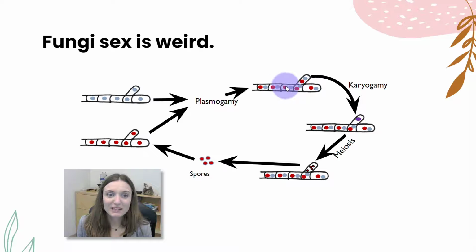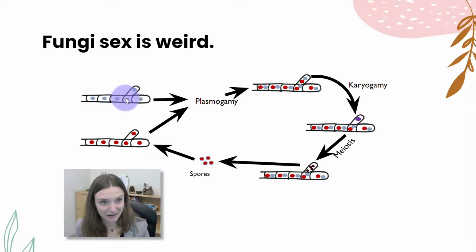So that creates what we call a dikaryotic stage. So karyo meaning nucleus, di meaning two. So after plasmogamy, we get cells, hyphae, that have two nuclei from different organisms. Okay, this is bizarre, right? So they have two nuclei, each are haploid. So typically fungi hyphae are already haploid. Now you have what we call N plus N, two haploid nuclei in the same cell, but they haven't joined